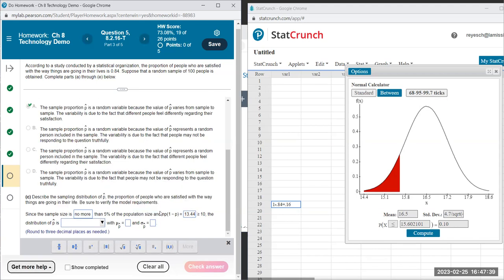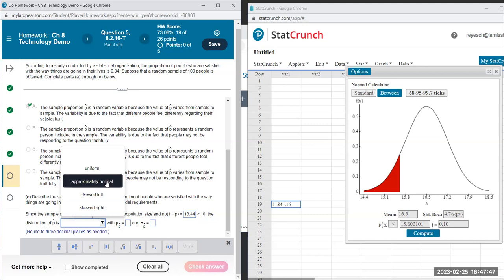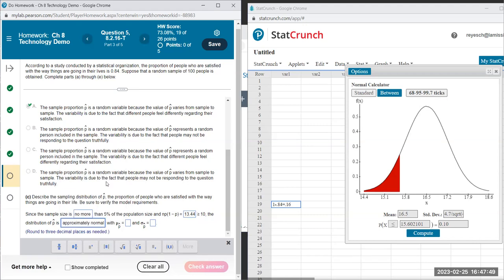The distribution, since it met the 2 requirements, we're going to assume that this is not more than 100 people, which is not more than 5% of the entire population. So then we should expect that the sampling distribution, if we graph a bunch of these proportions gathered from groups of size 100, should be approximately normal. The center will be close to the original center, which is where the population 84% are saying